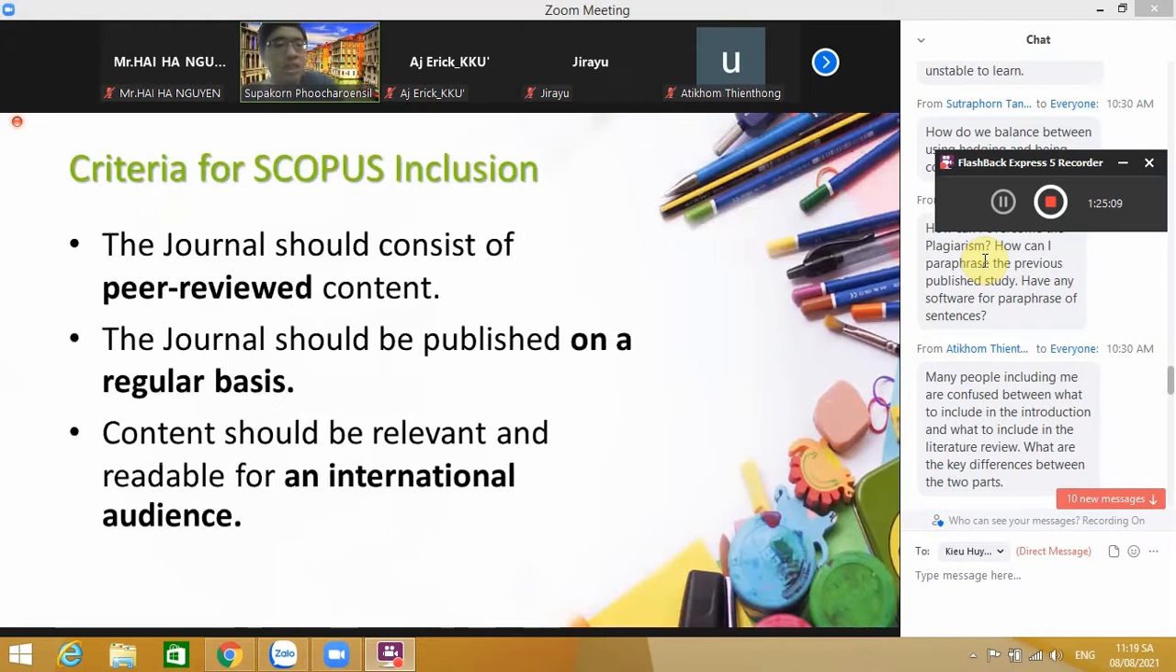Okay, why is Scopus good? Because Scopus has its own criteria to include journals, right? To get published in a Scopus journal is difficult, but to get a journal indexed in Scopus is far more difficult, because the journal must conform to a number of criteria, right? For example, they must be published regularly. Peer-reviewed content is required. And they must publish in English or in any language that is readable